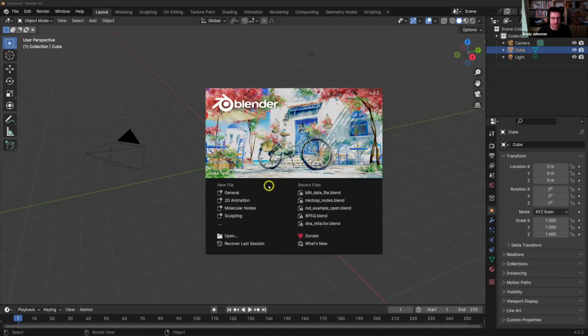So I'm going to be taking the next section for something a little bit different. I'm going to be talking about a program called Blender, an add-on that I created for that program called Molecular Nodes, and how we can take some of the data that we've been working with and make some